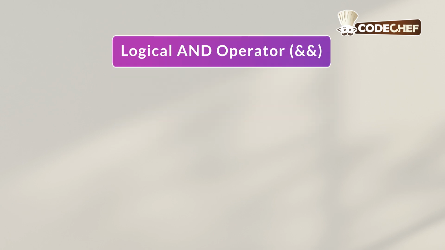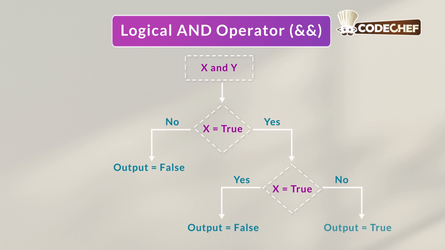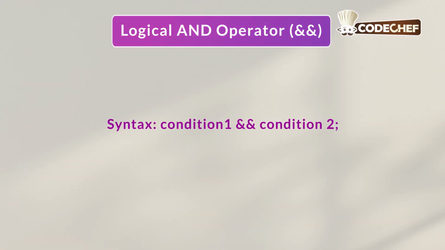The logical AND operator is denoted by two AND signs in C++ and is used to combine two or more conditions. It returns true only if both conditions are true, and even if one condition is false, the entire expression becomes false. Now let's have a look at the syntax. Condition 1, logical AND operator, condition 2 and semicolon. So here if both condition 1 and condition 2 are true, only then the result will be true,